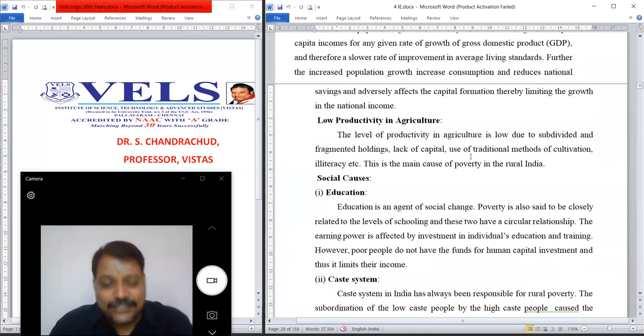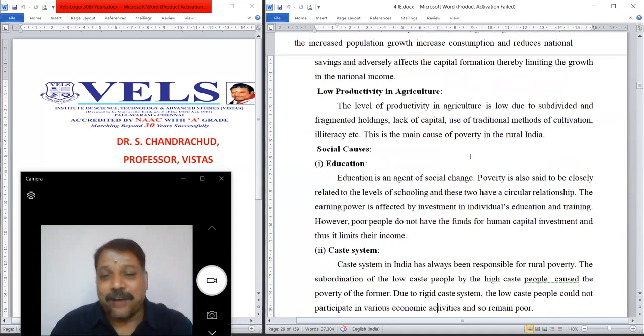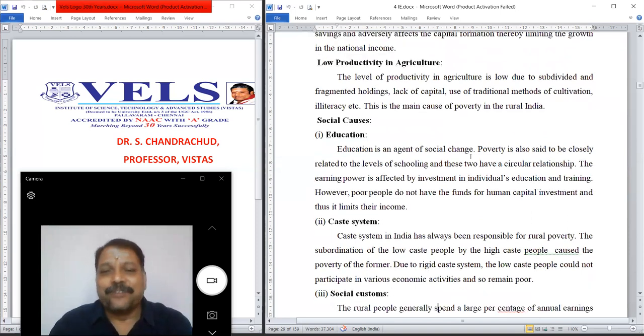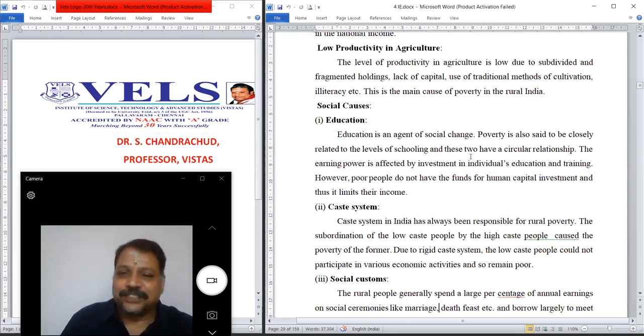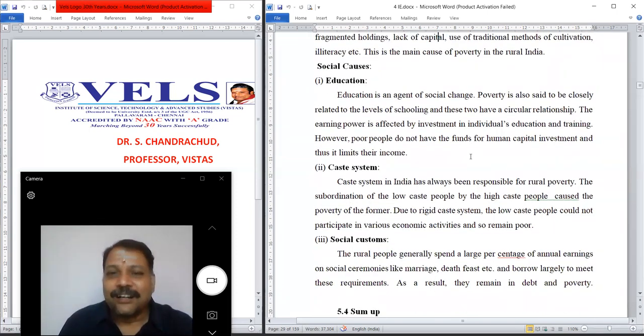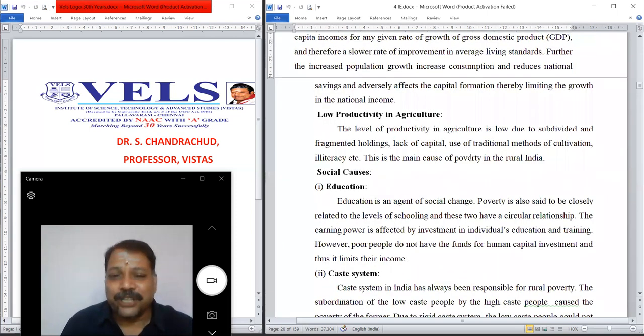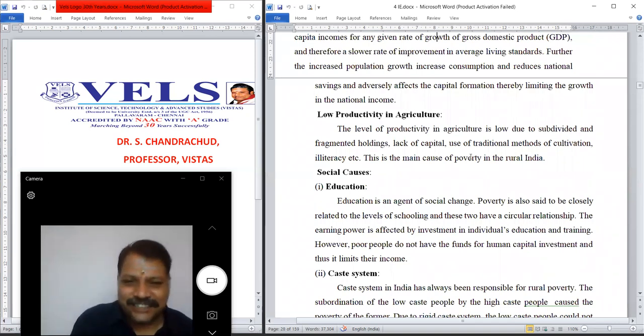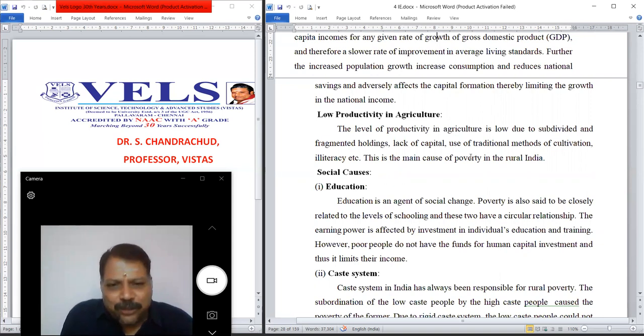Now let us discuss the social causes for poverty. In this, we are considering education, caste system, and social custom. These are all the main social causes. If you take education, education is an agent of social change. The poverty is also said to be closely related with the level of schooling, and these two have a circular